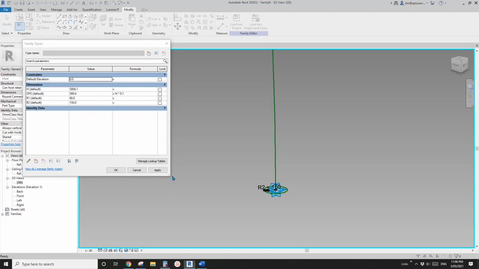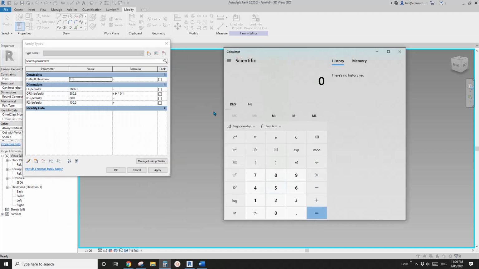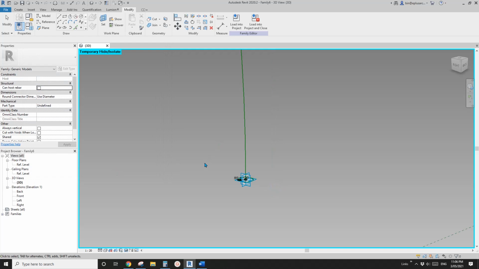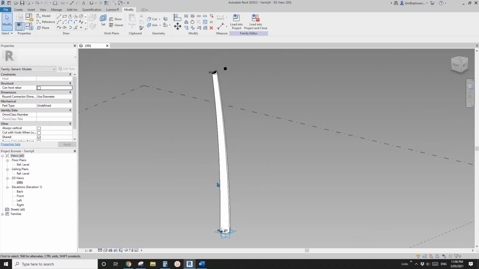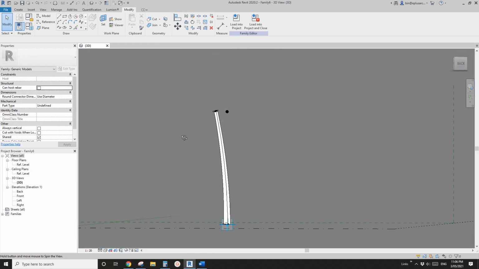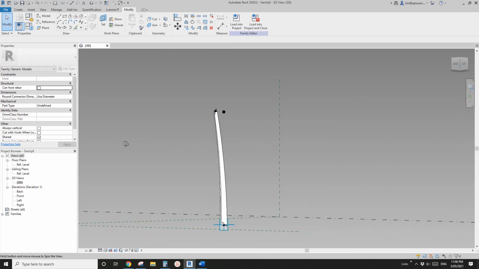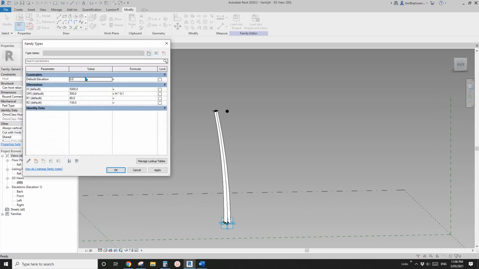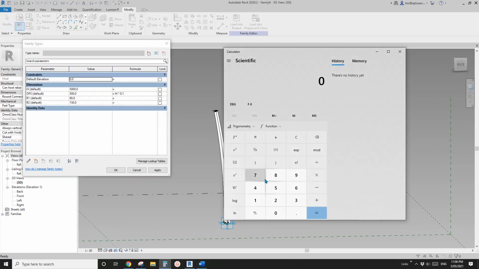Let's have a look at this relationship between these parameters. So what I'm going to do is I'll do a calculator. Currently it's, maybe let's change this to 5 meter, apply. So if I type HR to show this column, it looks okay to me. Yeah, so let's have a look at the relationship. So I'll do the calculator. So 5 meter divided by 80